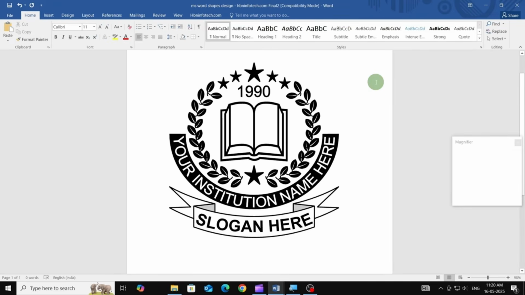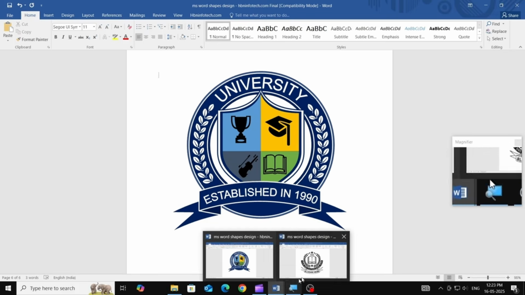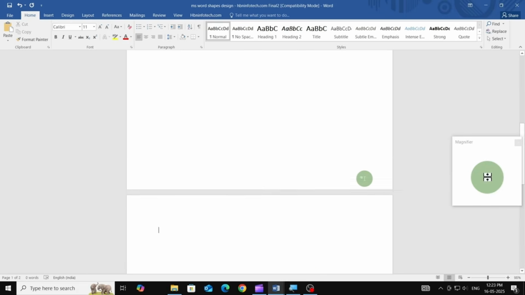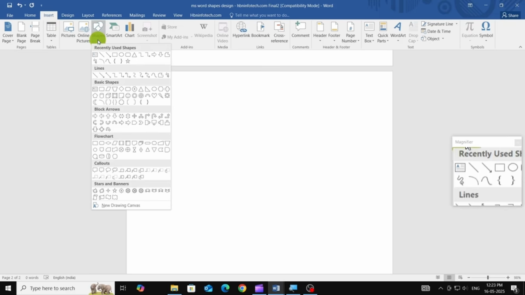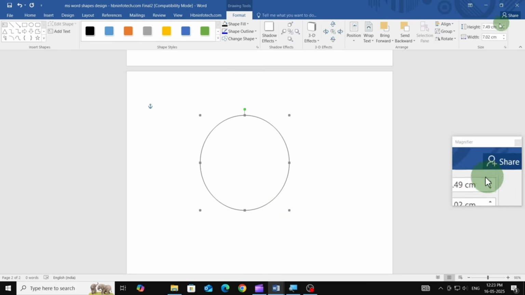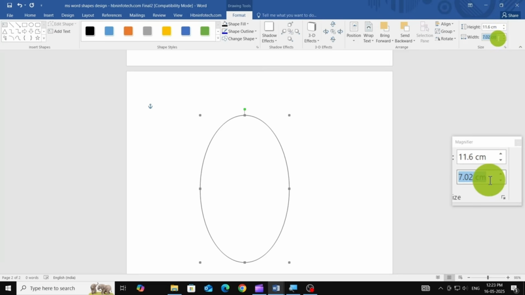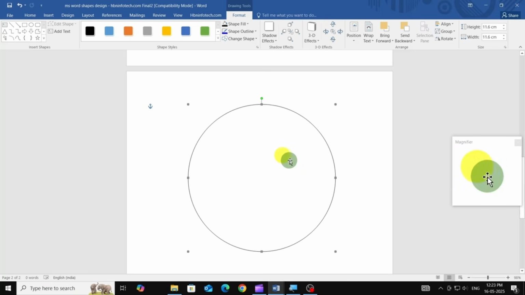So now let's move on to designing the second style, which is tailored for colleges or universities. To begin, we will create the circular elements of the logo. That is, we are going to create 4 concentric circles of varying sizes. To make them perfectly concentric, simply select all 4 circles and use the alignment tools to center them both horizontally